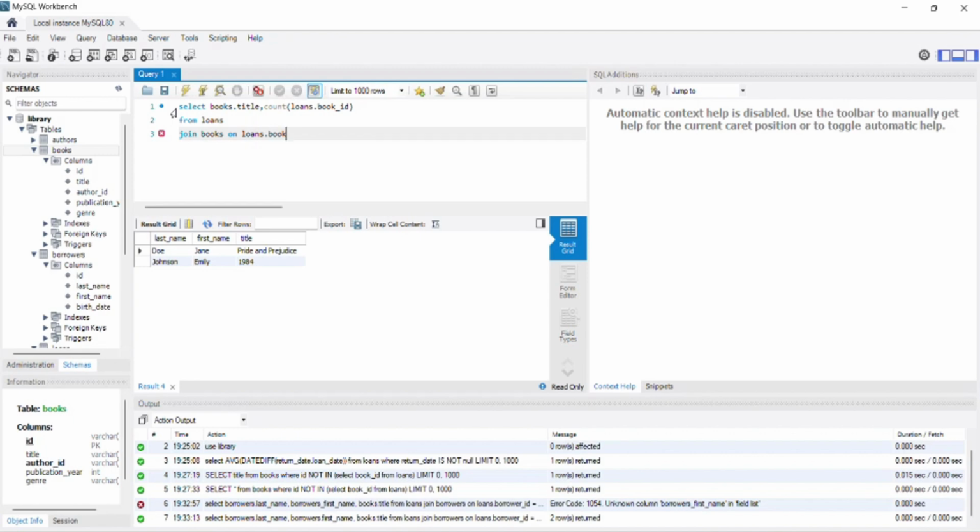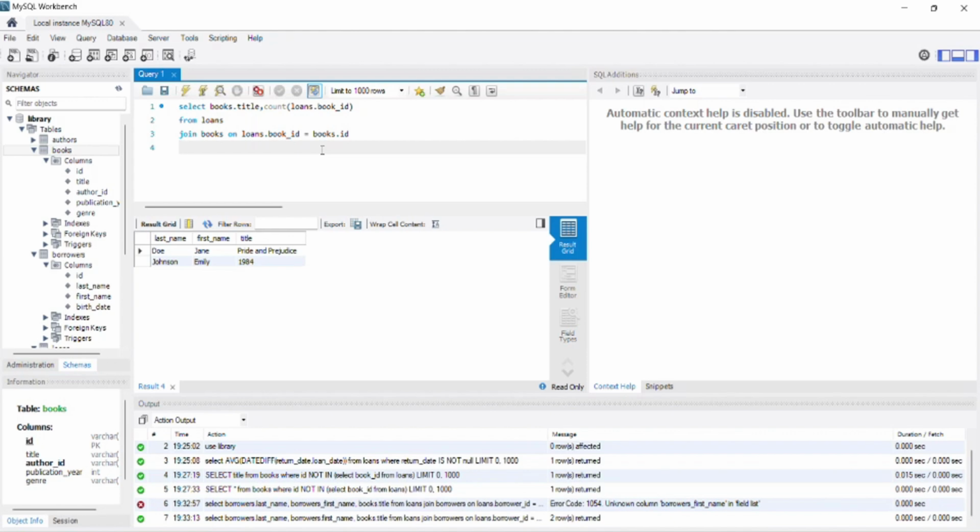So we should group by, of course, to count each identifier. We should count the number of times this identifier is repeated. So we should group by the identifier of the book,